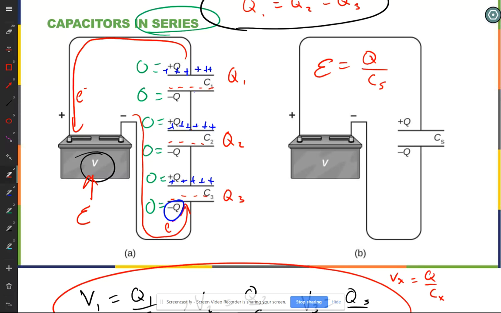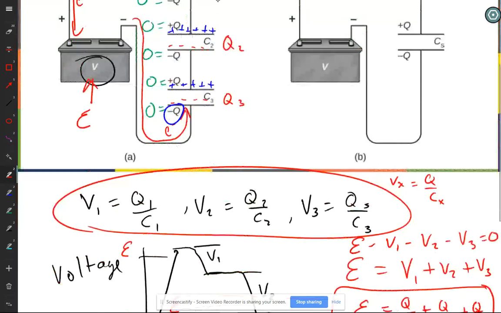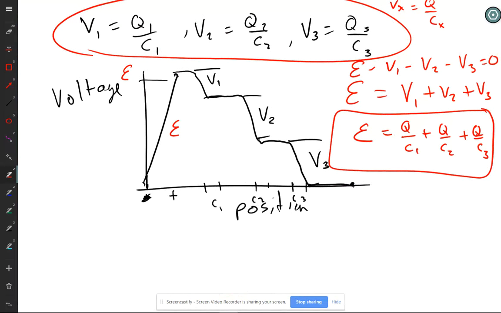S standing for series here, using the same equation, but looking at my equivalent. If it's equivalent, the charge has to be the same on both circuits, right? If the battery loses more charge in one than it does in the other, that's not equivalent. Battery loses was the wrong term. It should have been if the battery moves more charge in one case than the other. It's not equivalent. And so these Q's are equal. So what I have to have is